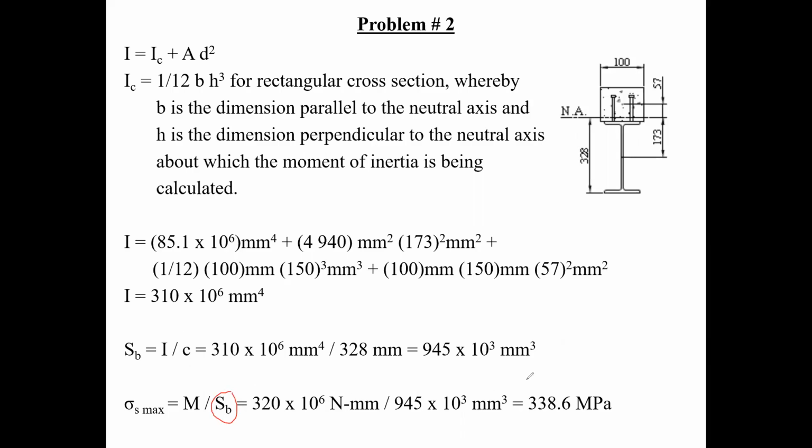338.6 MPa. And when you look at this value, if you consider what steel is good for, this is a little bit on the high side, okay? But right at this point here, the stress of the steel would be equal to 338.6 megapascal, right there. And then, of course, as you go away, it goes all the way to zero at your neutral